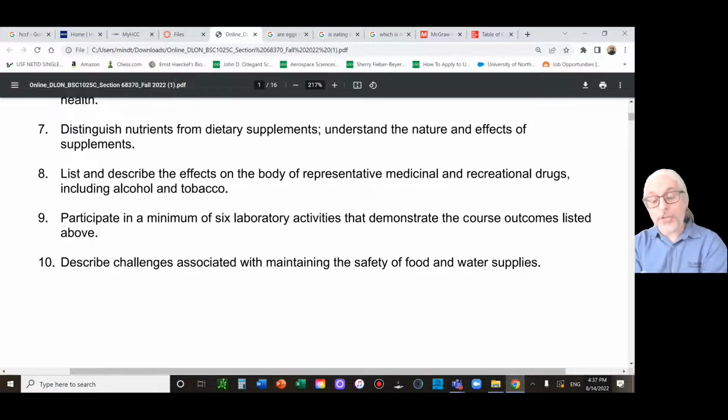Now, there are actually two parts of the lecture before you even get to the lab. There's a nutrition component, which is about 95% of the lecturing, and then a tobacco part. Now, there is nothing in your book on alcohol and tobacco. So there's nutrition and drugs. There's nothing there on alcohol, tobacco, recreational drugs, medicinal drugs. So we have supplemental materials that are already posted online for you. I'll show you that in a minute.